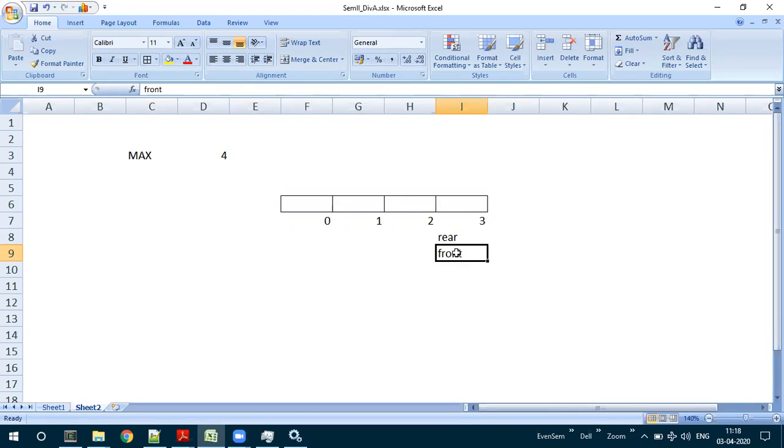So now the situation is that there are no elements in the queue. Ideally, when I delete the last element, that was 20, as per the process, I have to increment this particular front, and this front will be at the next position, which is pointing nowhere in the queue.